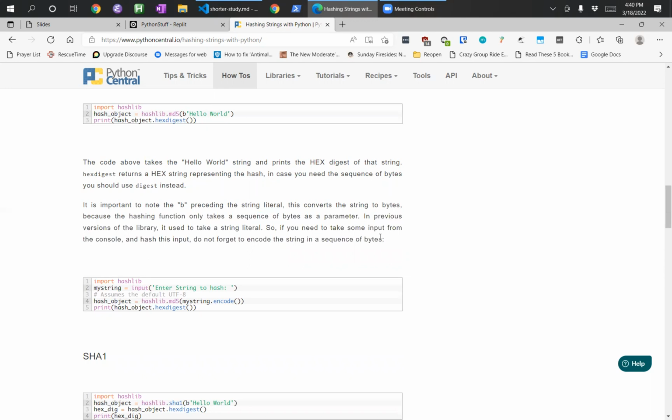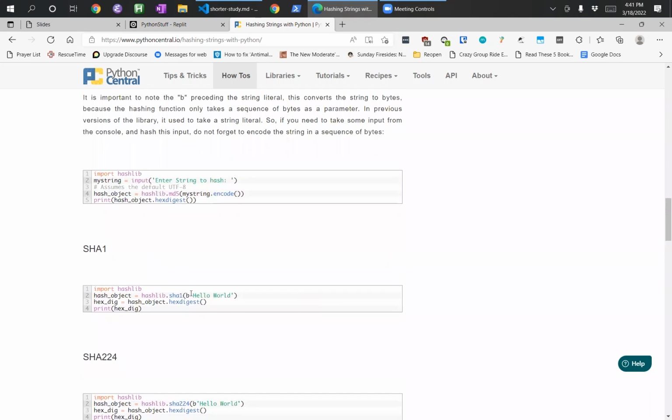So it says previous versions of the library actually used to take in a string, but not anymore. So now we just need to convert it to bytes. The easiest way to convert a string to a byte string is just to put a b in front of it, like this. Very simple, okay? So that's why we pass this function a byte string, and then we get a hash object. And then,